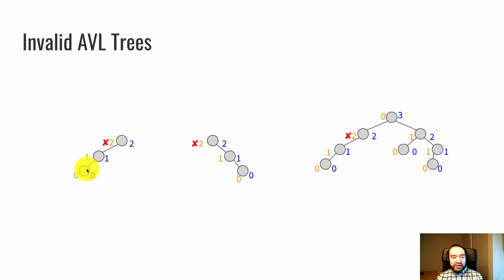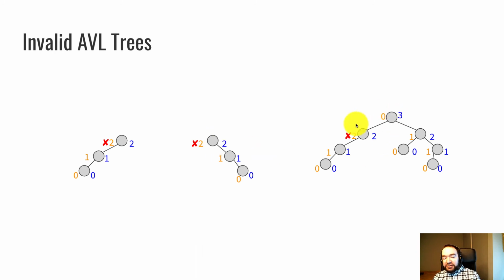By the way, notice that it wasn't possible to violate this invariant until we got a height 3 tree. And that's going to come into play later when we get into trinode restructuring. A height 1 subtree is always balanced. A height 2 subtree, or 2 nodes, is always balanced, but when you have 3 nodes in a row, it's possible to get imbalanced. This is the symmetrical situation where we have a right-heavy tree, 3 nodes in a row. Balance factor comes out to 2 for the same reason.